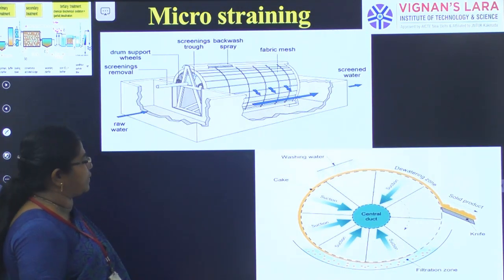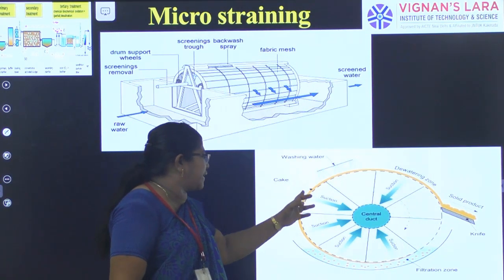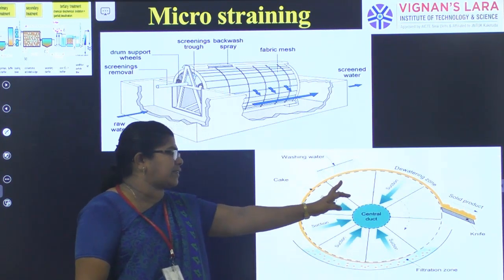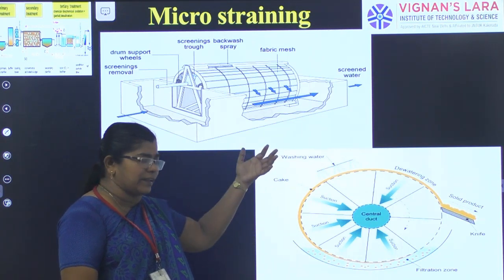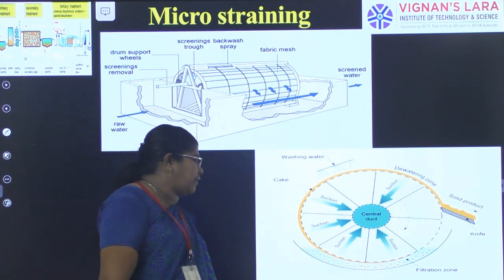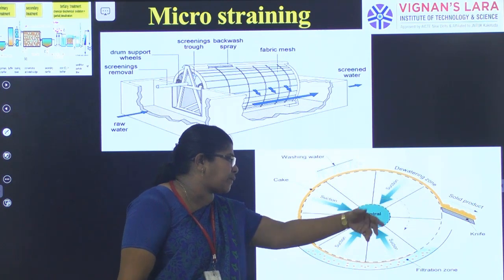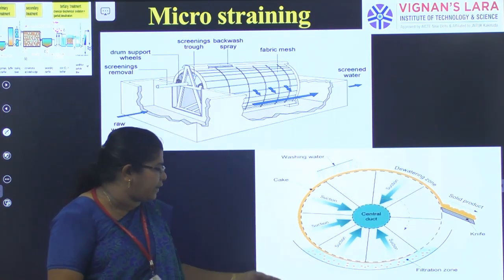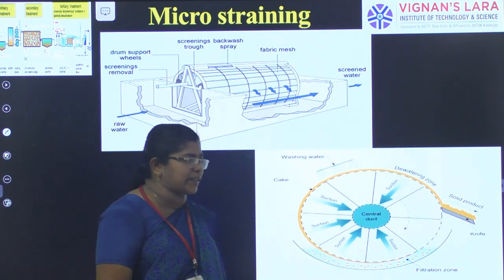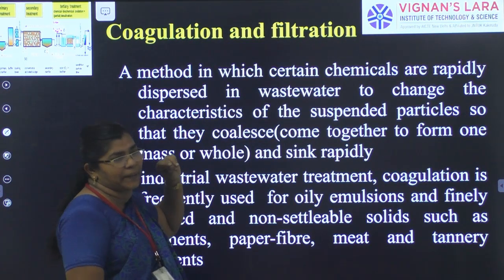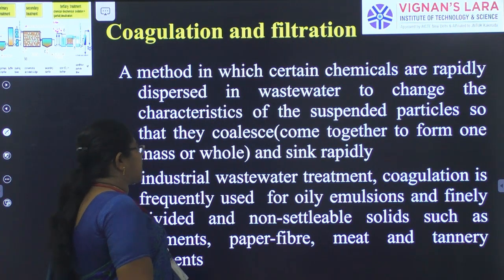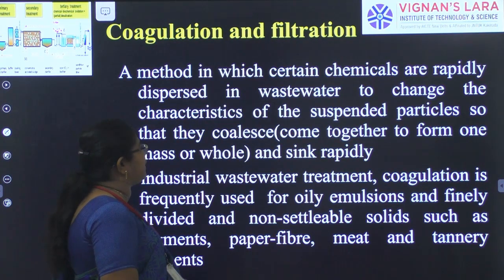You can see here, okay? Washing water. These are the solid products, the suspended solids. They are taken away, and again it is followed by filtration, which will remove further suspended solids. Next one is coagulation and filtration, a method in which certain chemicals are rapidly dispersed in wastewater